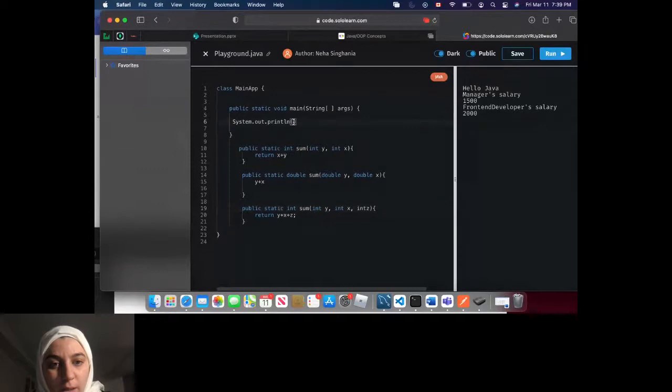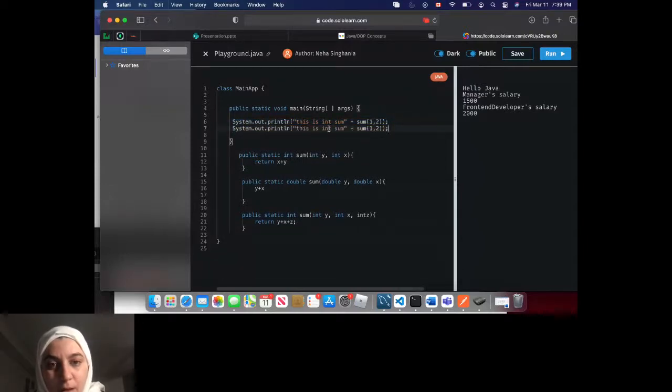Okay, and I can say this is int sum, and I can do sum(1, 2), and this is int sum 3, let's say that one, which is gonna take 1, 2, and 3,